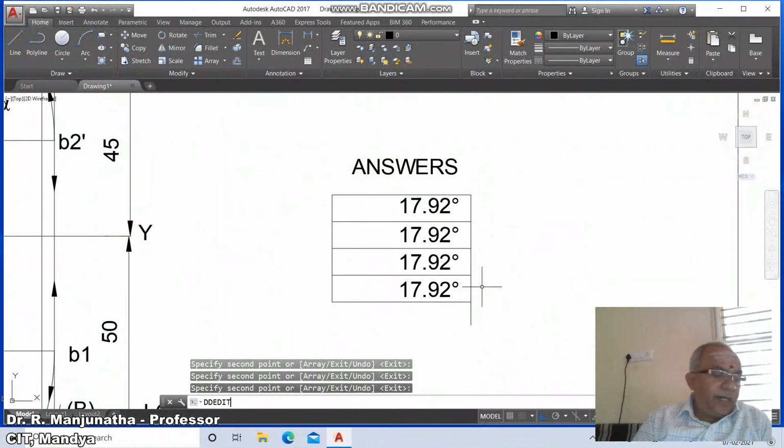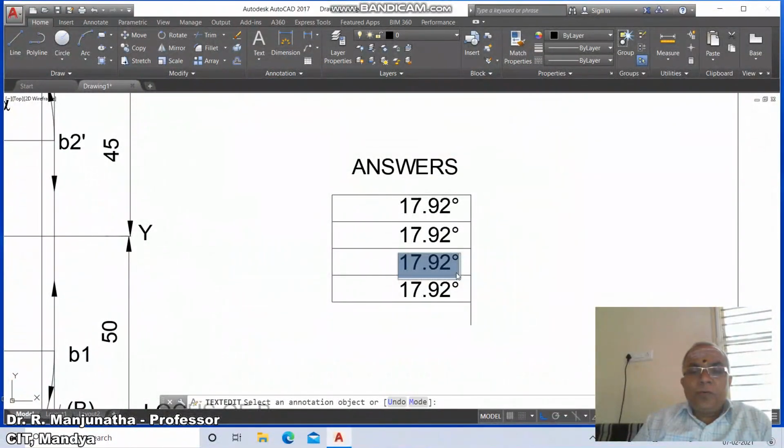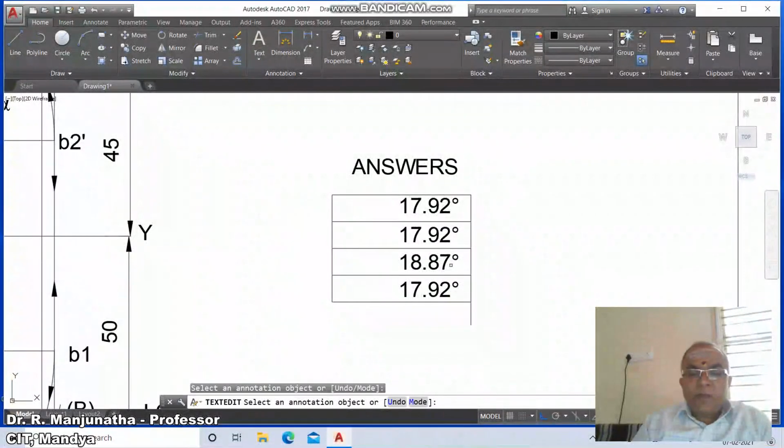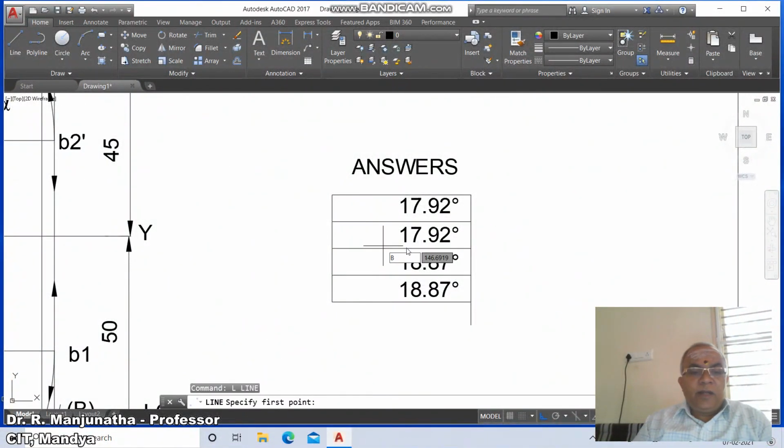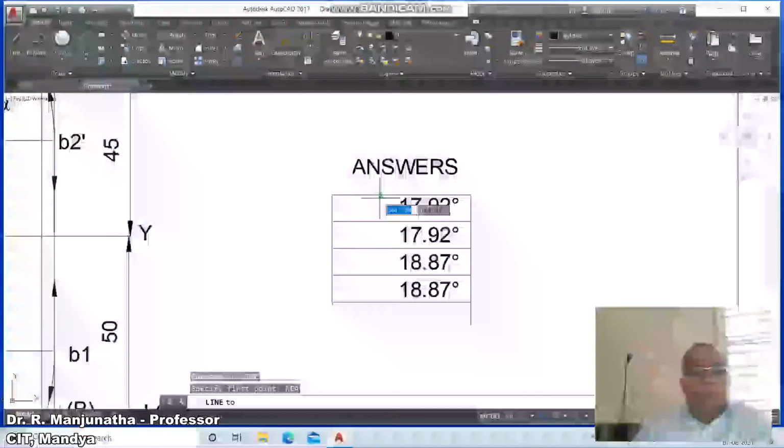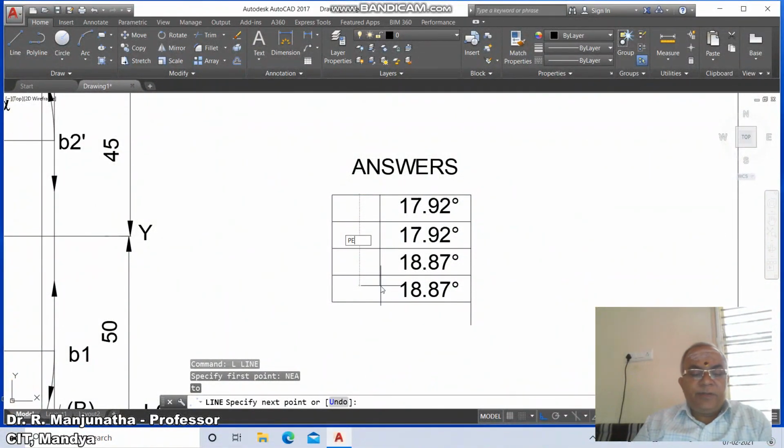Then go to DD edit and select this and you make it 18.87. Similarly, you select on this 17.92 and you take 18.87 degrees. Then go to line, draw a line from the intersection point of this and draw a perpendicular to this.